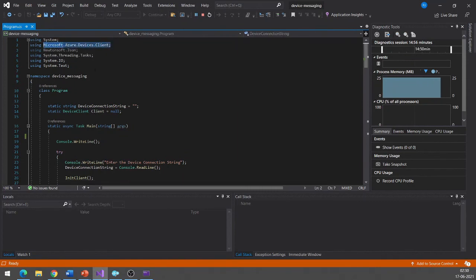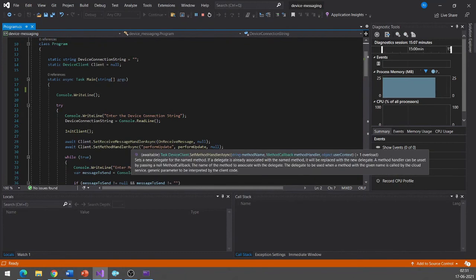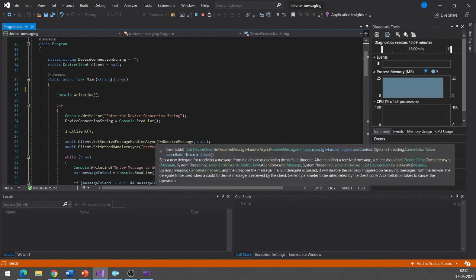That's what we refer to, and we will be able to send messages as well as receive messages. I have already shown you how we communicate from device to cloud. Now, using the same SDK, I have created a client and a listener.